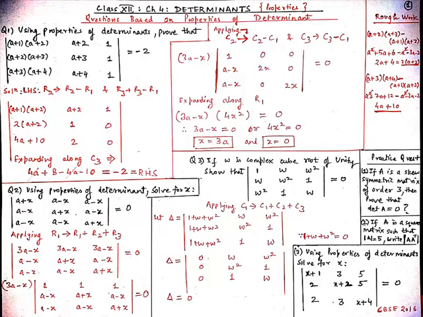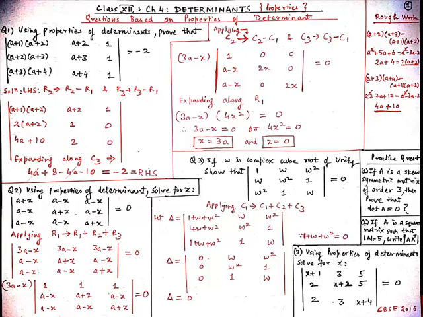The very first thing you observe from the determinant is that in column C3, all elements are 1, and in every question we will try to make all the elements of any row or column equal to unity. So in this question, since elements of column 3 are already 1, we will apply the operation R2 tends to R2 minus R1 and R3 tends to R3 minus R1. Students, it will reduce your time if you apply two operations at the same time. With R2 tends to R2 minus R1, we know that elements of R1 remain unaffected, so write them as it is.